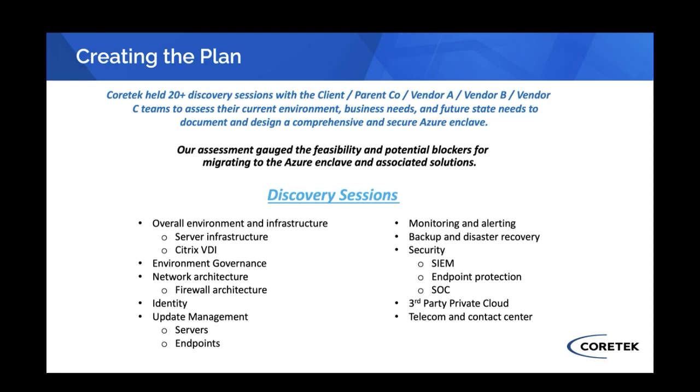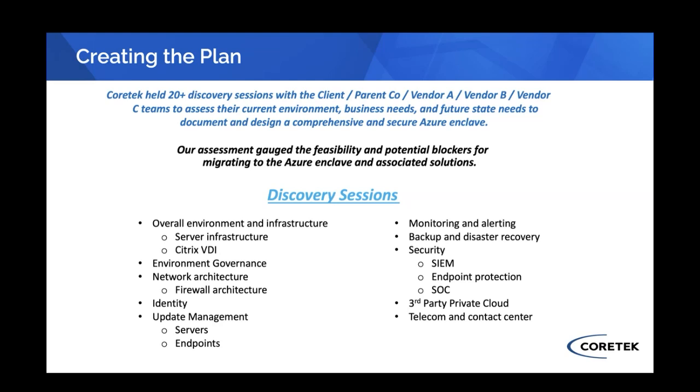We provided an assessment, gauged feasibility, and then through the discovery sessions, produced an architecture for their overall environment and infrastructure, how we would govern said environment, pulled together network architecture so that we could put together the mapping of traffic patterns and then secure the perimeter with boundary firewalls and do a segmented isolated network first approach and a whitelist only model, put together identity patterns and approach to meet a 3-tier identity architecture,